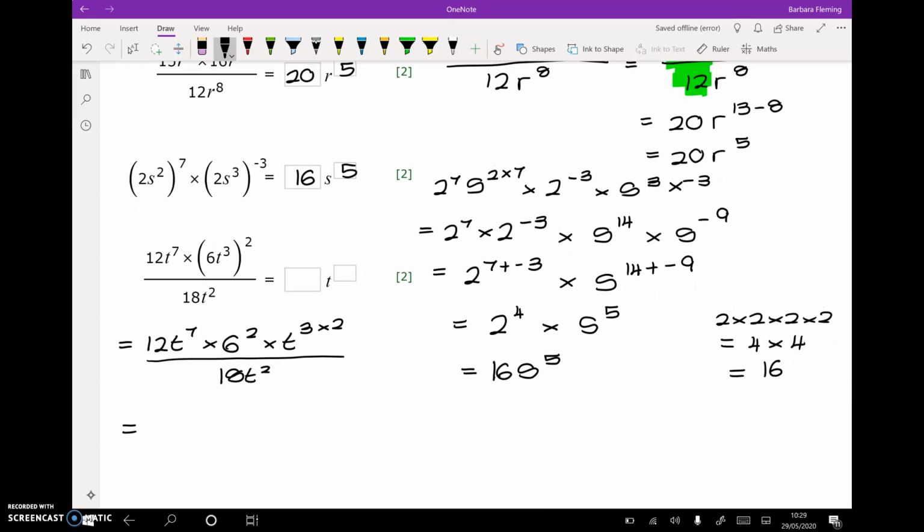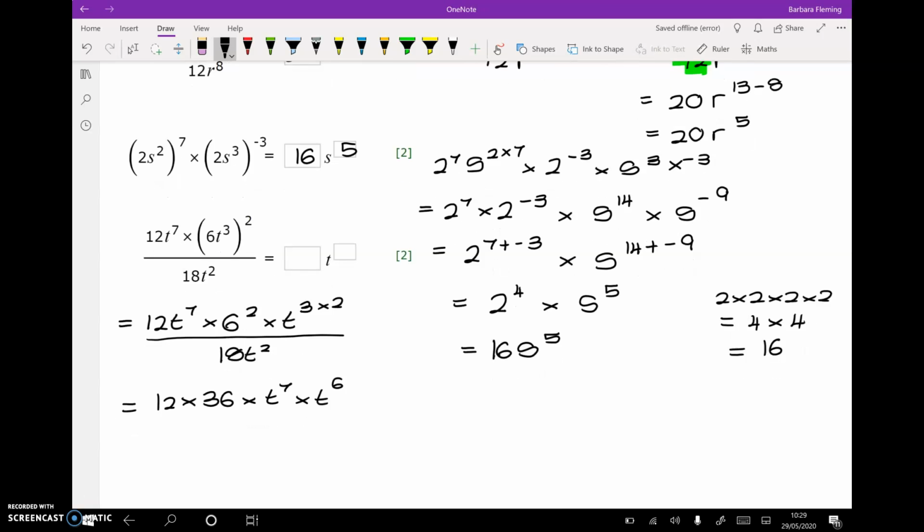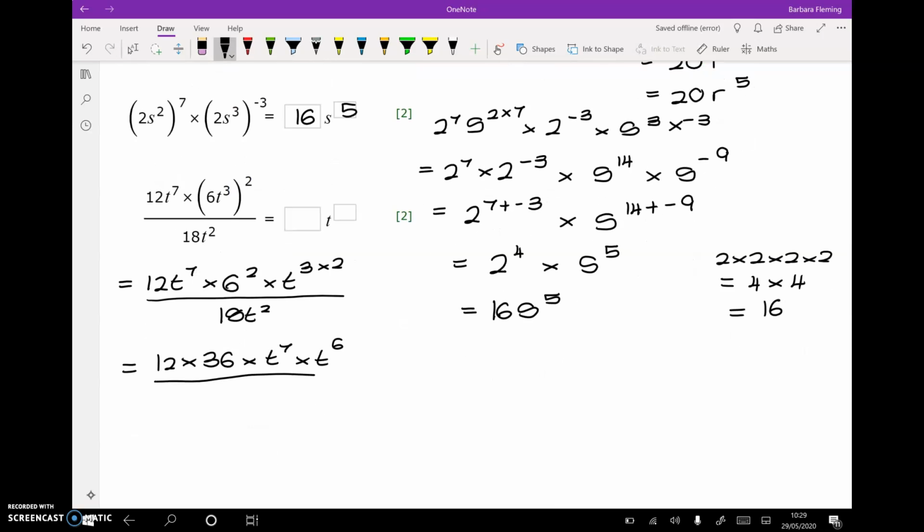Okay, and then let's bring our numbers together. So we've got 12 times by 6 squared is 36, times by t to the power of 7, times by t to the power of 3 times by 2 is 6, and all over